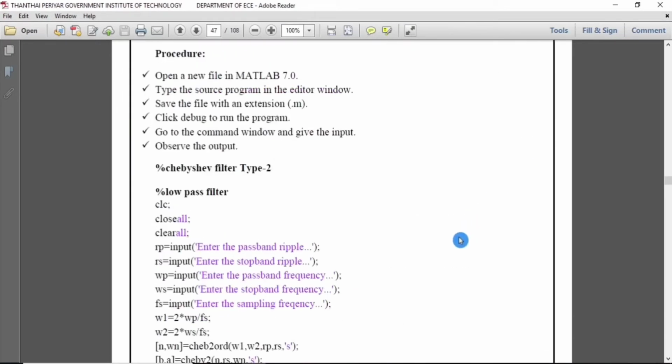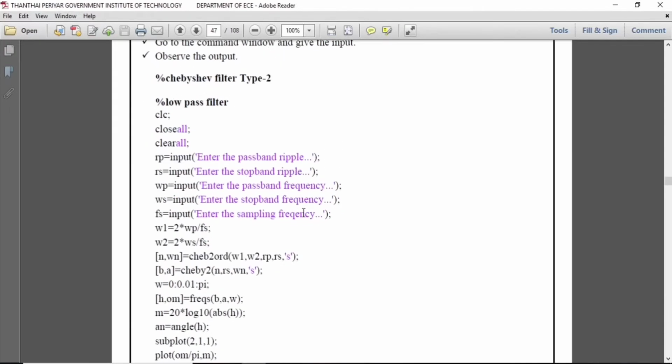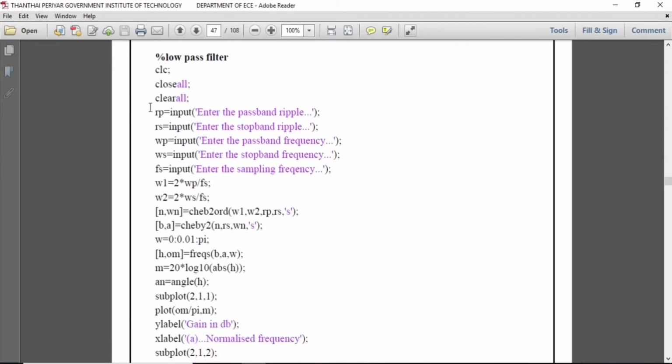This is the program for low pass filter using Chebyshev filter type 2. The first three commands, clc, close all and clear all, are used to clear all the previous commands in the command window. Then the input variables Rp, Rs, Wp, Ws and Fs are given, where Rp is pass band ripple, Rs is stop band ripple, Wp is our pass band frequency and Ws is our stop band frequency. Fs is our sampling frequency.